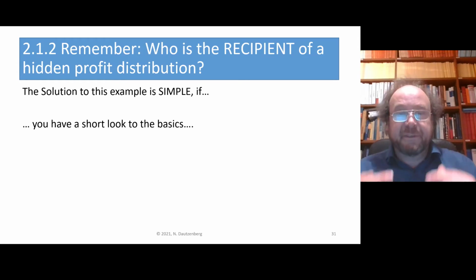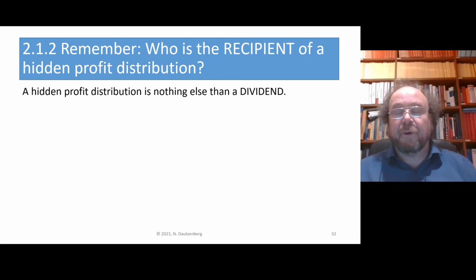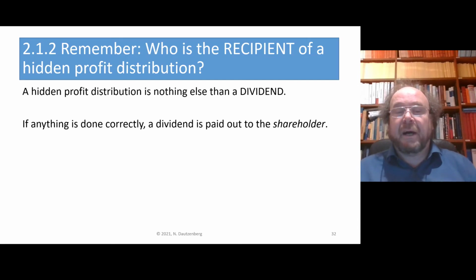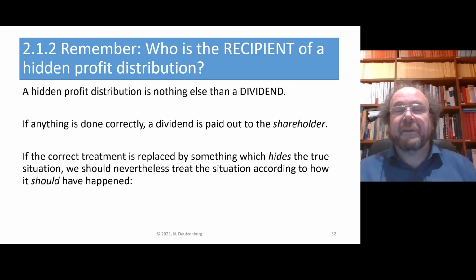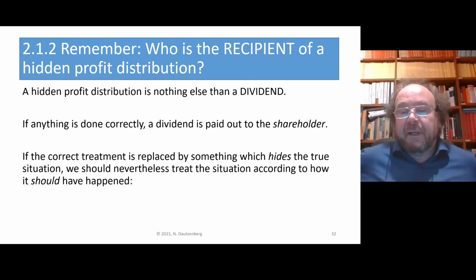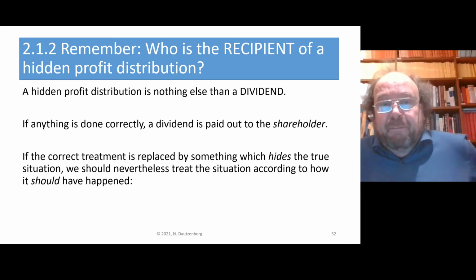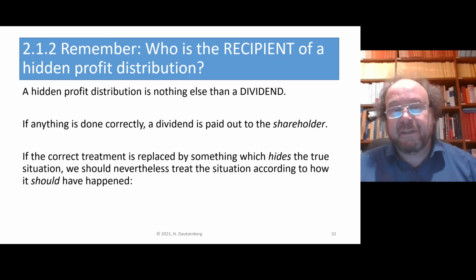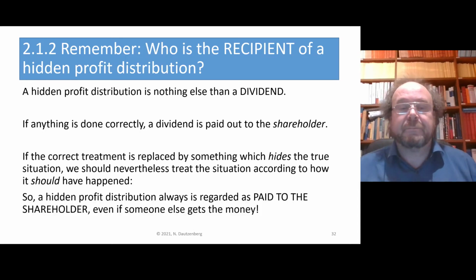A hidden profit distribution is nothing else than a dividend. And it's treated exactly as if a dividend were openly paid. Now, if everything is done openly and correctly, a dividend is always paid out to the shareholder. So that means if a dividend is hidden, it's also paid out logically to the shareholder. Now, how do we explain that that money in the end arrives in the hands of the wife or child or so? Well,